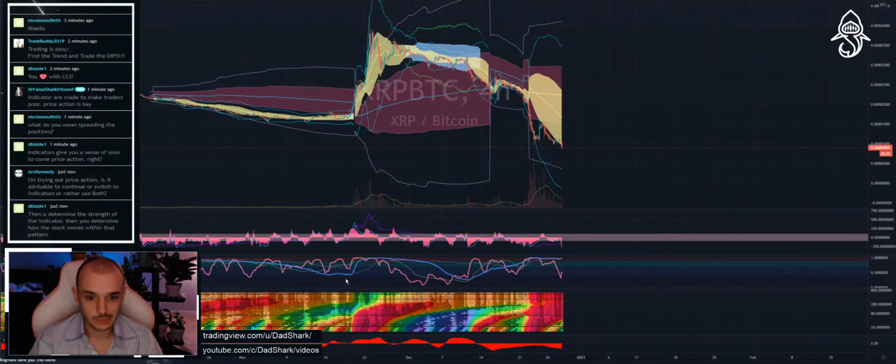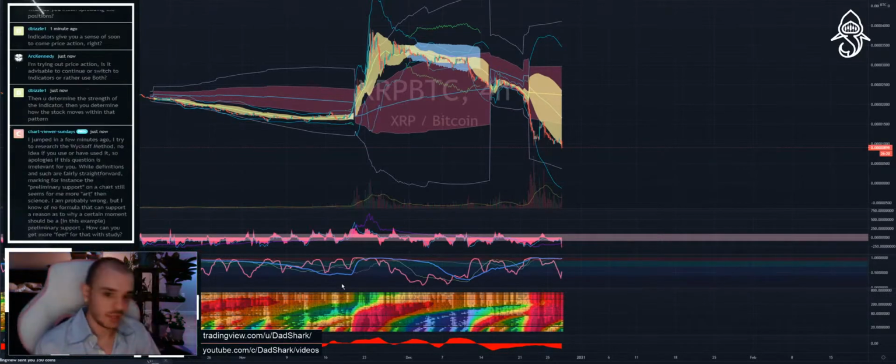Trying out price action, is it viable to continue or switch to indicators, or rather use both? Pretty much my only recommendation is,